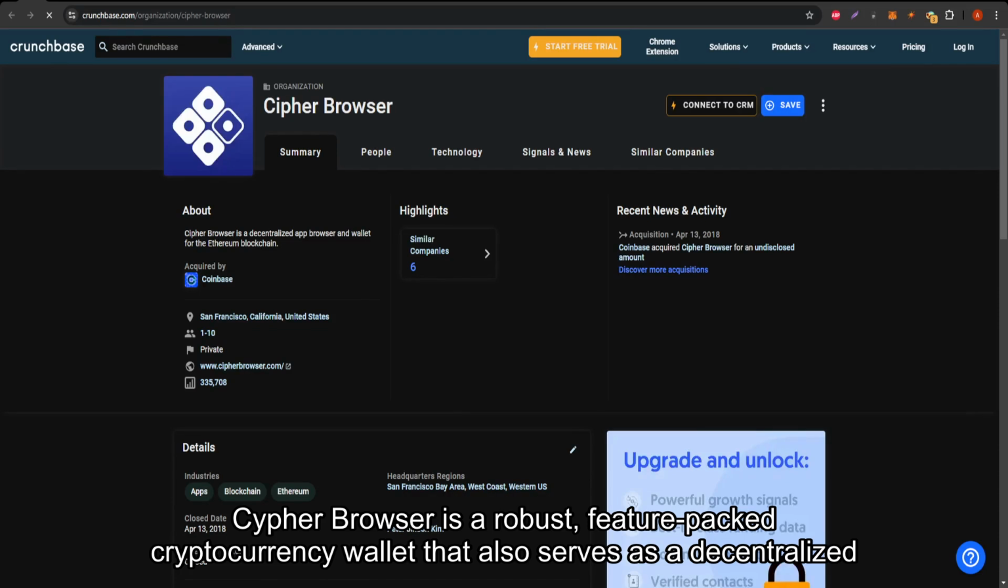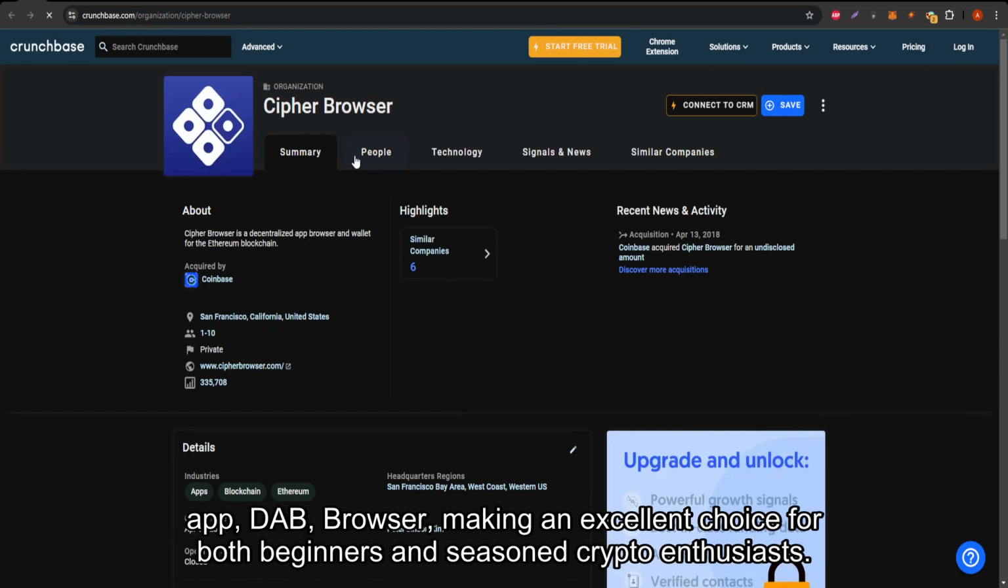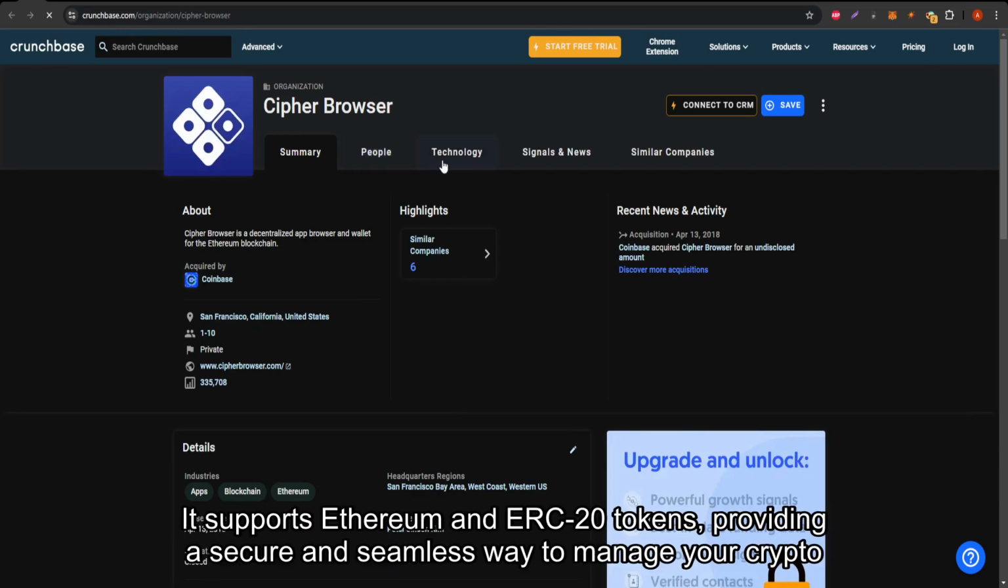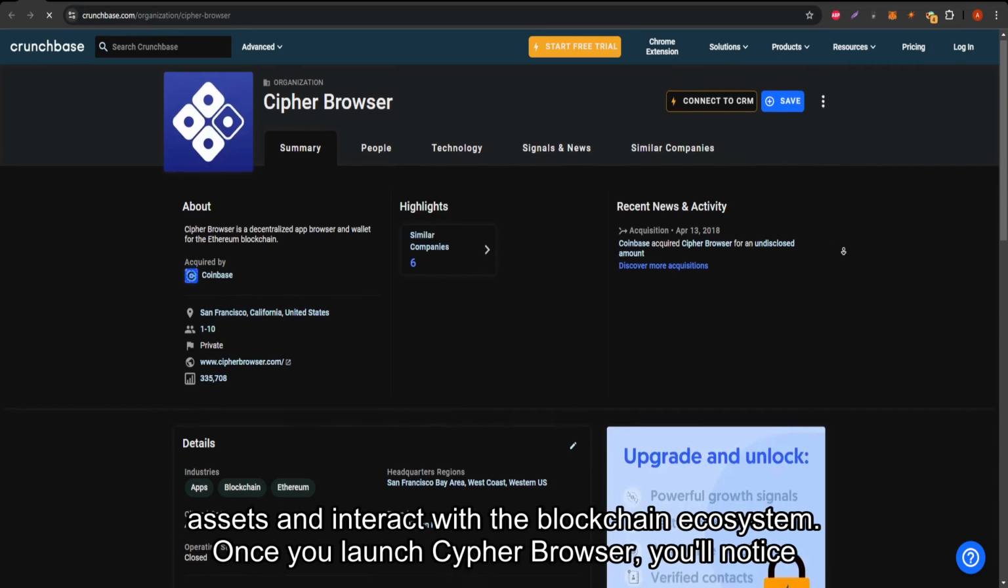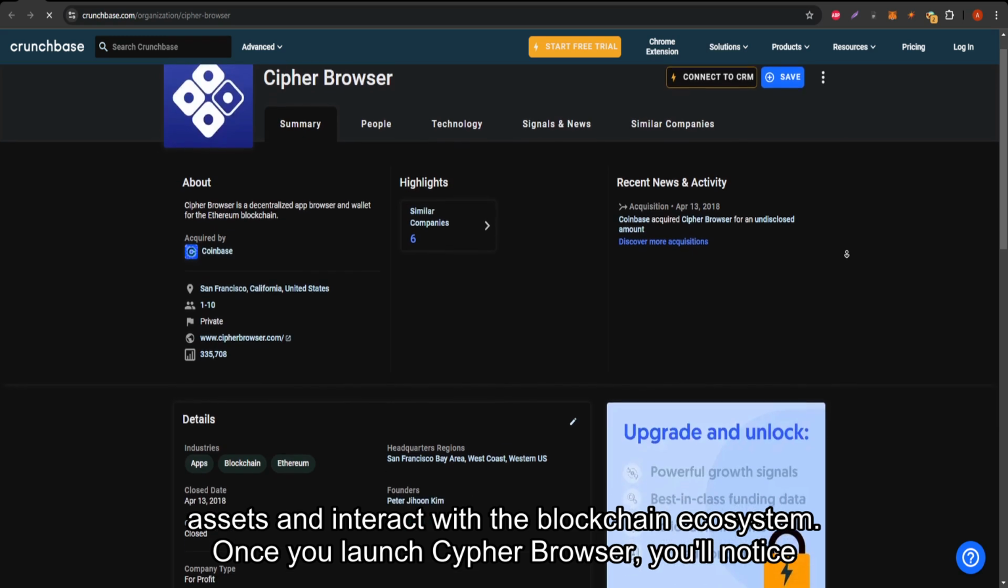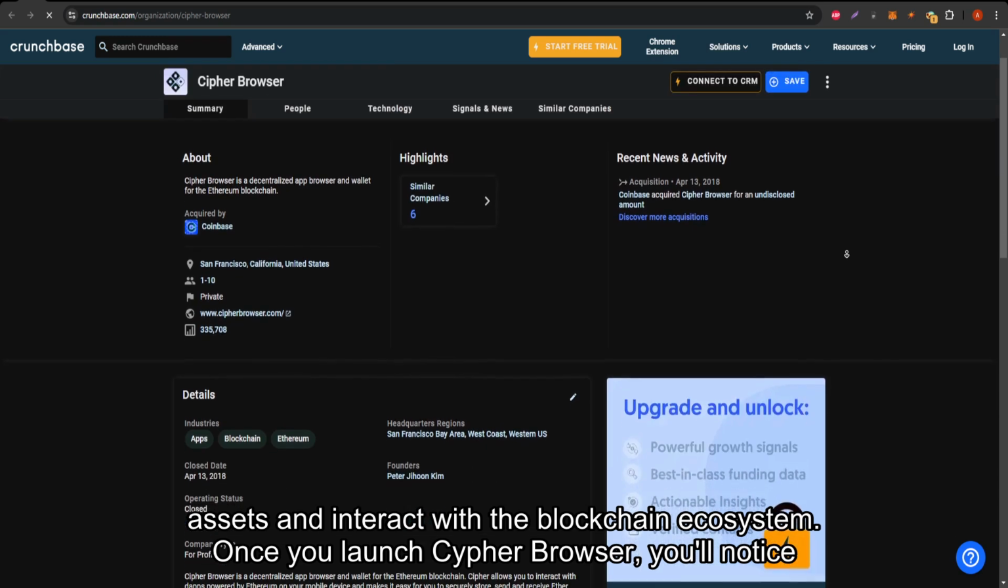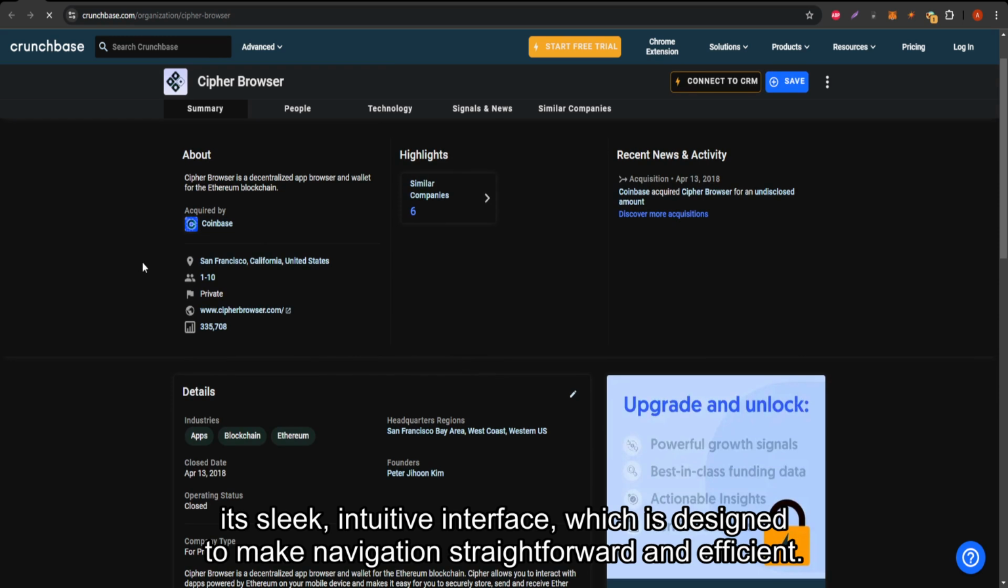Cipher Browser is a robust, feature-packed cryptocurrency wallet that also serves as a decentralized app (dApp) browser, making it an excellent choice for both beginners and seasoned crypto enthusiasts. It supports Ethereum and ERC20 tokens, providing a secure and seamless way to manage your crypto assets and interact with the blockchain ecosystem. Once you launch Cipher Browser, you'll notice its sleek, intuitive interface, which is designed to make navigation